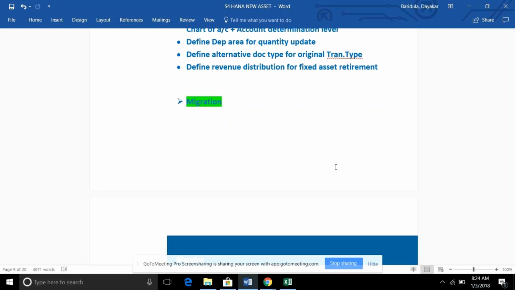In addition to that, we have one more functional topic. The migration topic is pending, with all the configuration and functionalities. If possible, we will extend one more hour tomorrow, or if not possible, we will take the front end part the day after tomorrow. Limitations and migration we'll see tomorrow. I will cover the theoretical part, then we will go for the configuration and see the front end. If possible, we will take 2 hours. If not, we'll take only 1 hour tomorrow and 1 hour the next day for the front end. We'll do only configuration tomorrow.